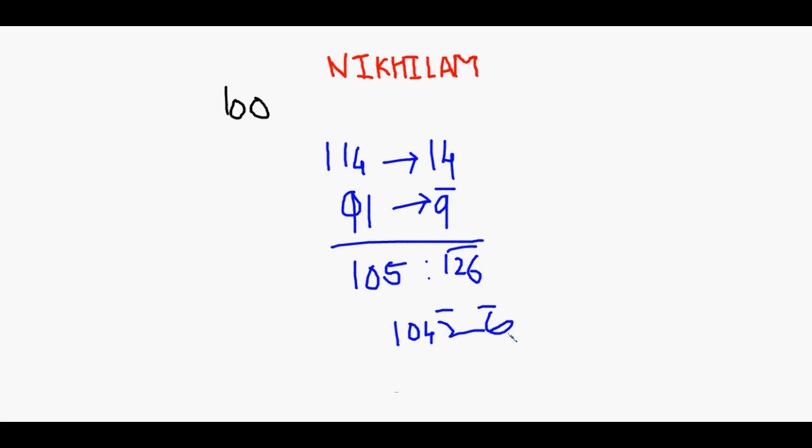Now we have to represent this number in the usual form. So subtract it from 100 again, the same method I have told you in the last example. So it will be 4, give 1 bar to the next digit, it will give 7, 1 bar to the next digit, 3, so 10374. So see how simple it is.